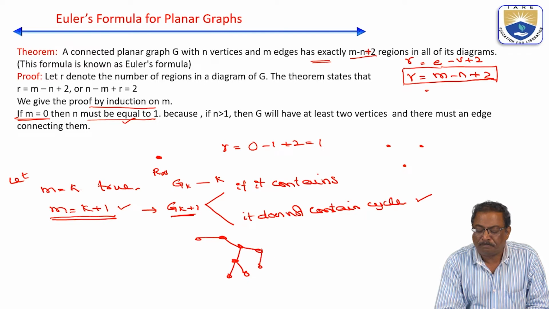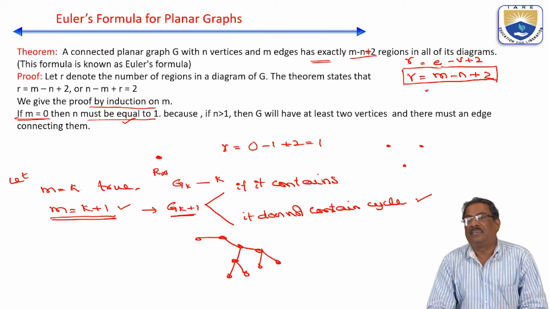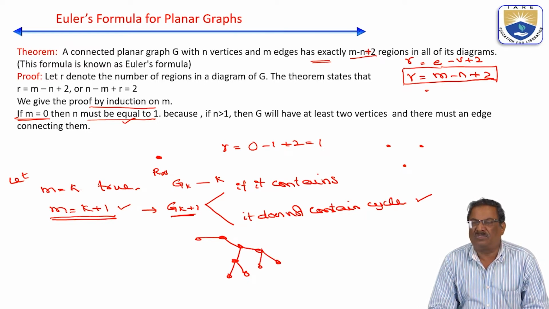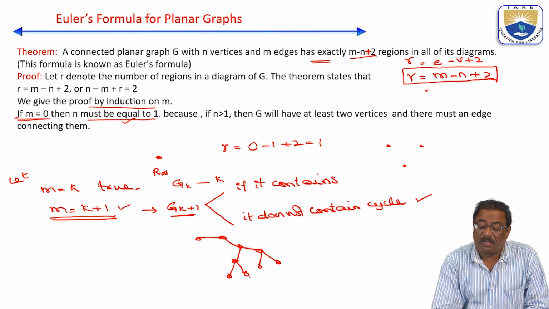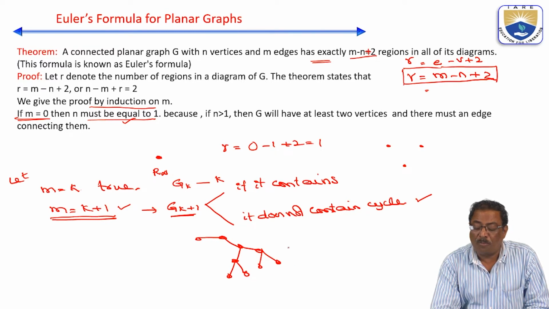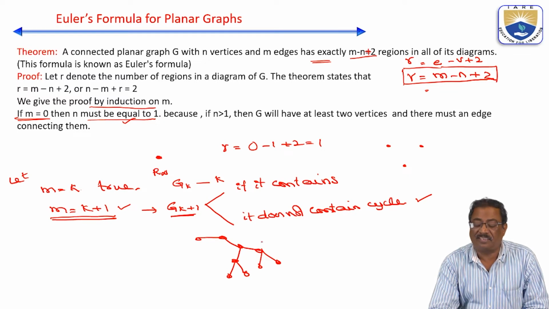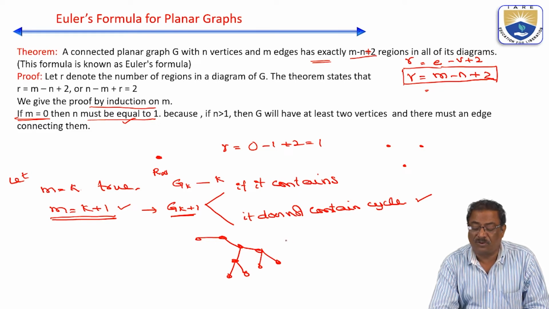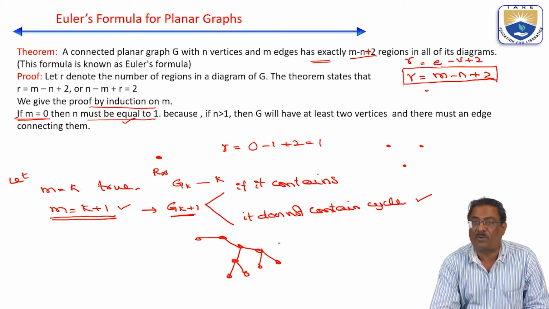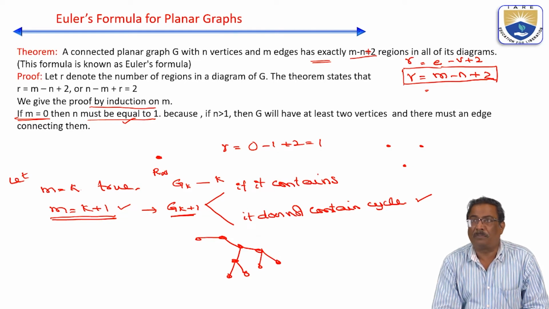So which is circuitless or cycleless. So we can say that this is a tree, and how many regions is it going to provide? The regions, other than the graph itself, the number of regions we are going to get is 1. Now we are going to verify whether from the formula we are going to get the number of regions as 1